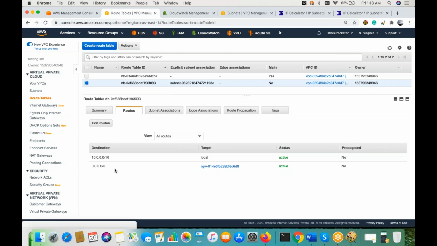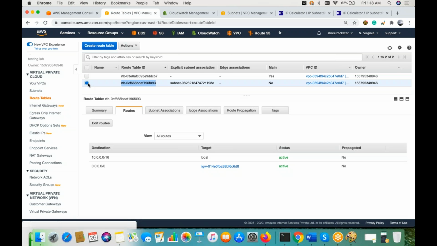This is the routing table which was added by default, and this is the IGW, the internet gateway. It means any instance that is part of this subnet will automatically get internet access and automatically be able to send traffic outside, and anyone can access my instance based on the access I provide.